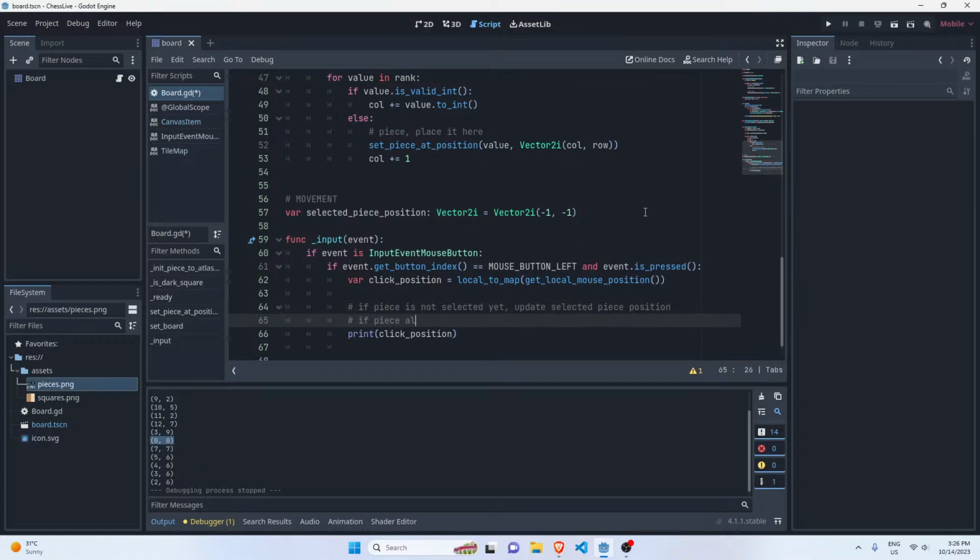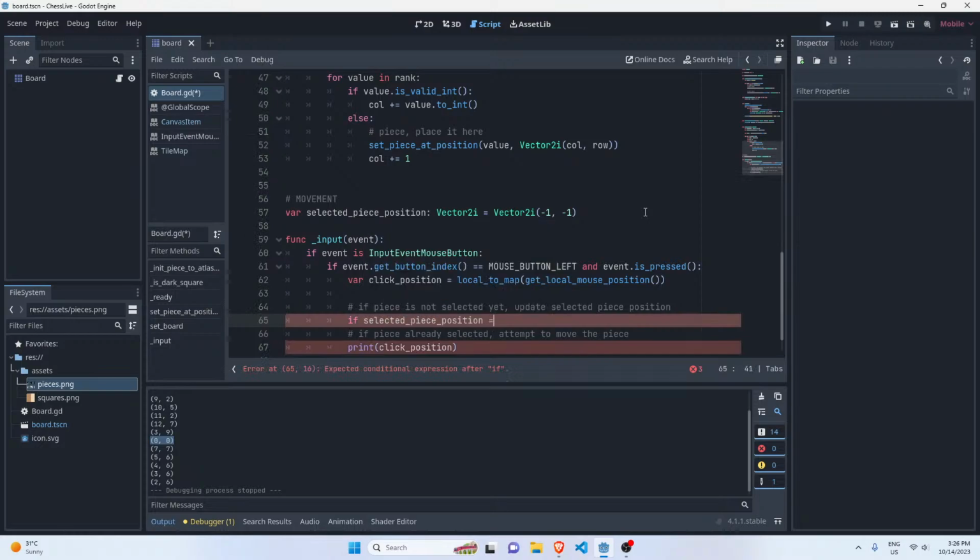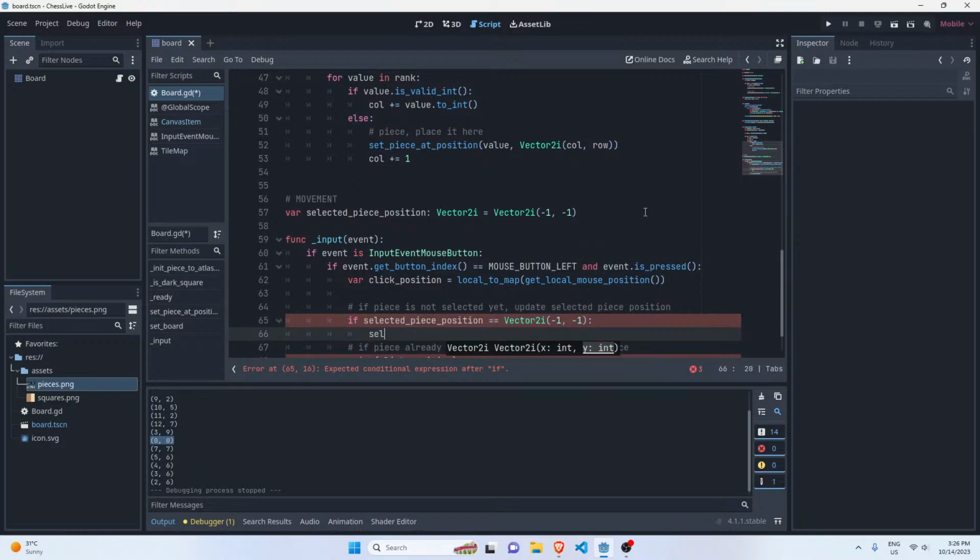If a piece is already selected, attempt to move the piece. So if the piece is not already selected, then the selected piece position is going to equal -1,-1. What I'm going to do is just update the selected piece position to the click position,